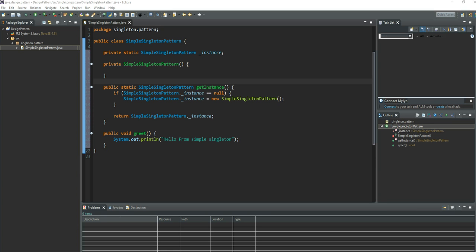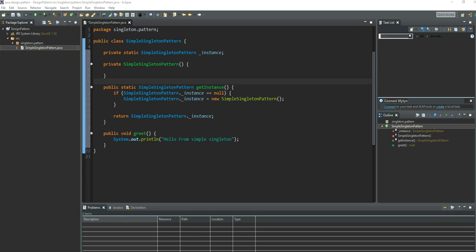Alright guys, this is going to be the second part of our singleton pattern code that we were writing earlier. I changed the theme of the Java because I like the black theme better, so it's better for your eyes. So basically, as you remember from our first video, first part of the video on this design pattern,